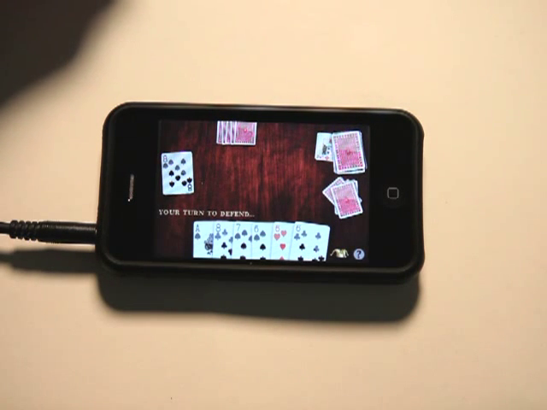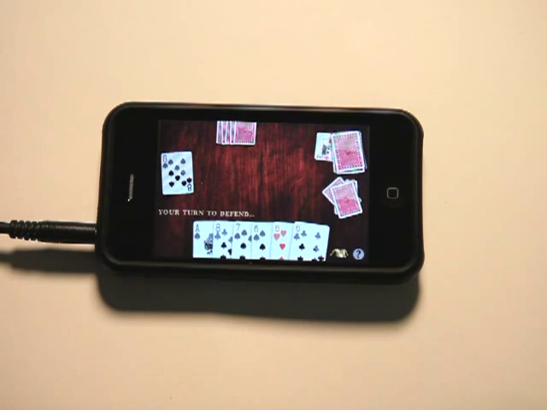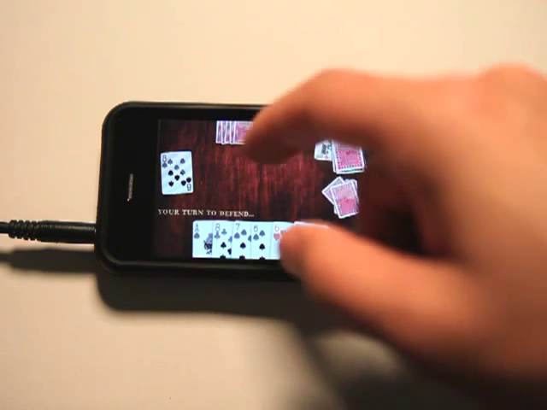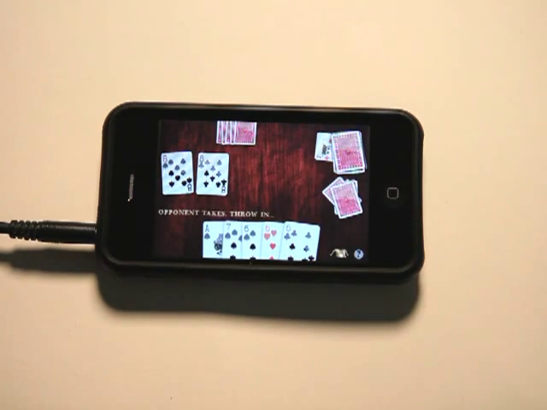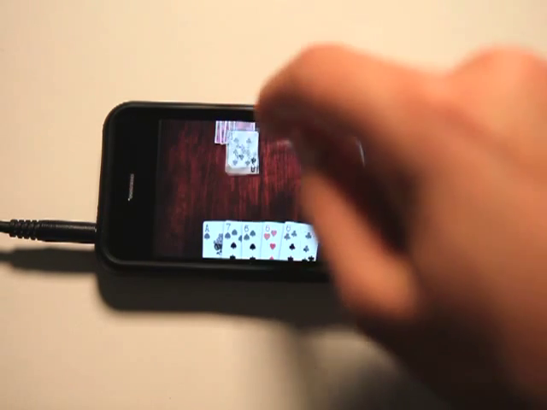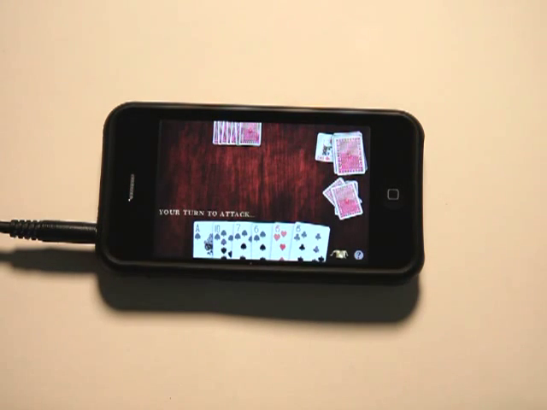Then the game starts to go really fast. So we've got an 8 over there, an 8 of spades. I have an ace, so I could throw that up, or I can save my ace and throw up another 8. I'm going to go ahead and do that. And the opponent doesn't have anything to play, so I can give them the cards, and then it's my turn